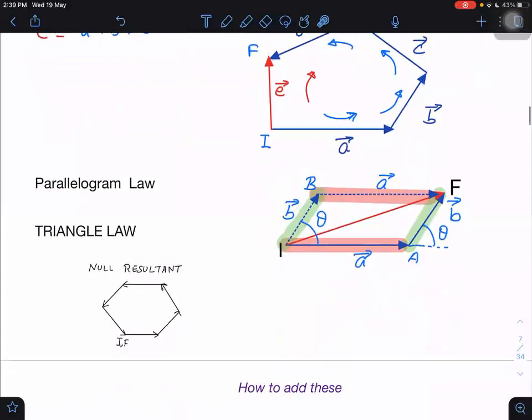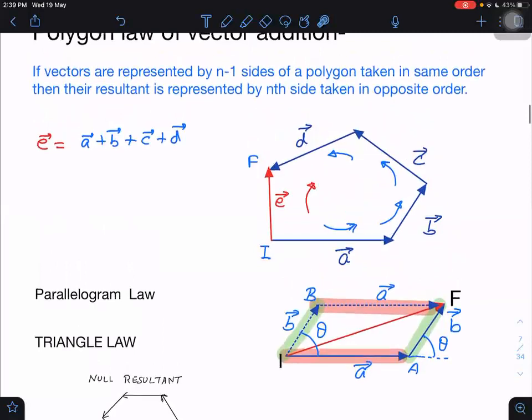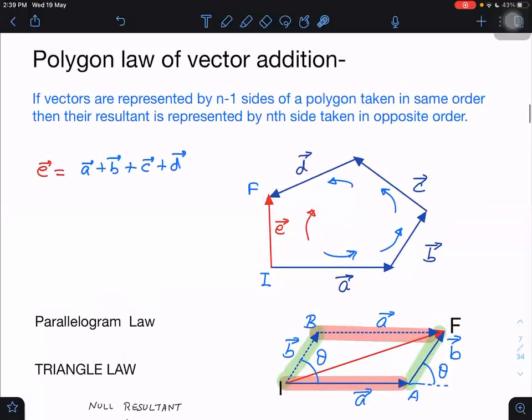Sir, you said that while doing addition, they will give us i cap, j cap, and k cap of the vector. There are two ways. Either they will give that, or they will make a drawing, or they will tell that two vectors A and B are given with magnitudes. A is equal to 4 unit, B is also maybe 4 unit, and the angle between them is given, let us say 60 degrees. And then they may ask again, what is the resultant? What do I need to do?